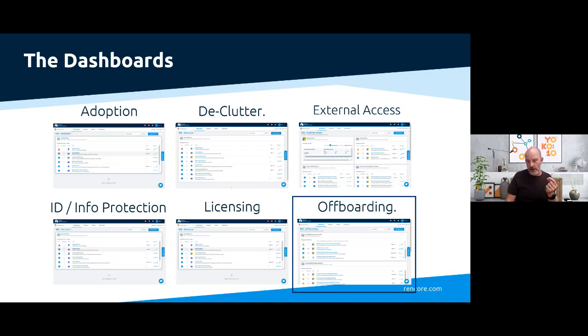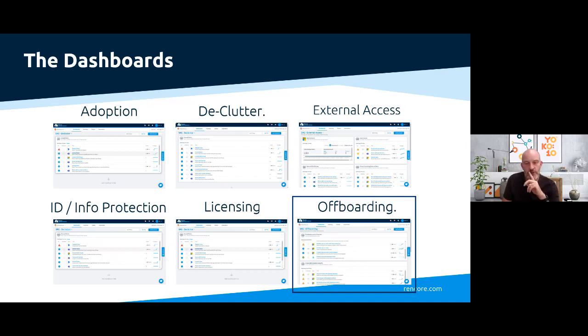And finally, we have the offboarding dashboard. Now, this is really all about disabled accounts. So SRG can come here and view how many disabled accounts are in the tenant, what do those accounts have access to, and what resources are those accounts consuming. So these are the 6 dashboards we decided to set up initially, and these were deployed in that first stage.